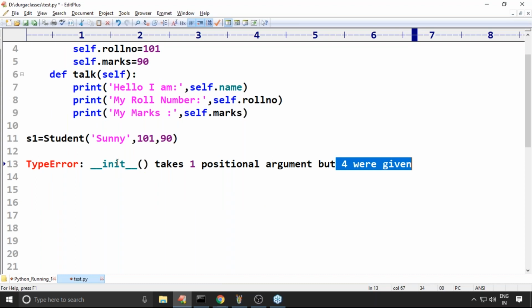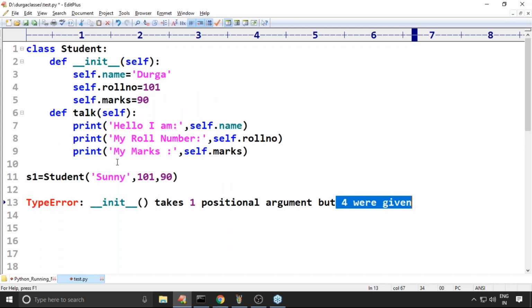First doubt: where did you provide four? You provided three.